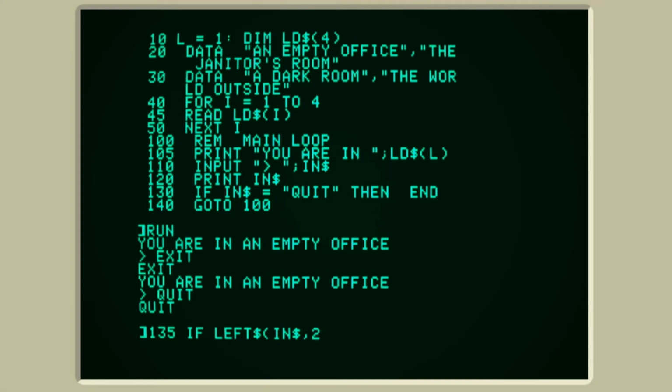So I'm taking the leftmost two characters of the variable input, and I'm checking if they are equal to GO. Then